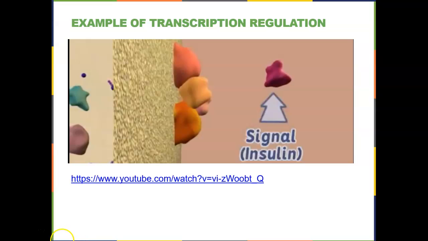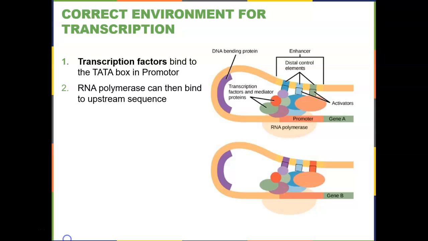So here's a little YouTube video to watch, which will show that. But let's take a look at how that happens. So here we have a piece of DNA that we want to start reading. And we have a promoter. So we have this in front of the gene that we want to read. So these transcription factors, we talked about those in the last chapter, have to bind to the promoter in that TATA box. That TATA box isn't shown here, but it's right in here. They need to bind in before the RNA polymerase can bind and then get started.